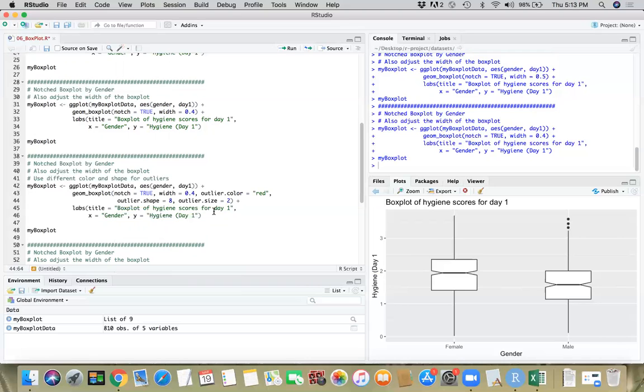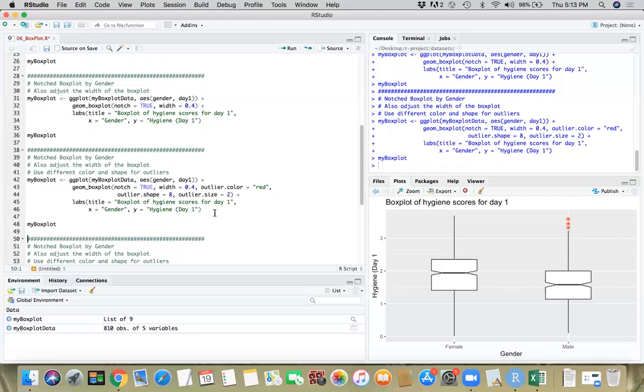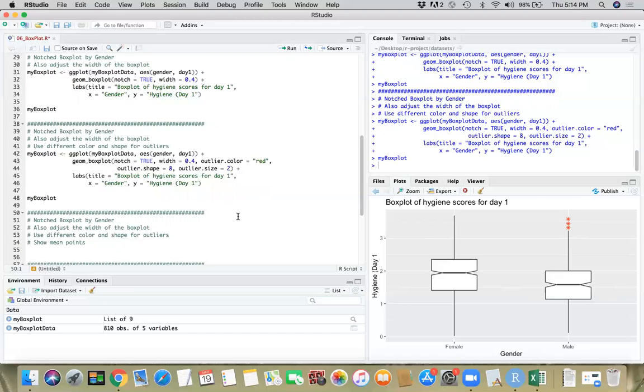And you should play around with these numbers to see which one will produce a good box plot for you. So you see that outliers are being represented by stars and size is 2, so it started looking much better now. This is how you would add different color, shape and size to outliers. Okay, the next thing I want to do here